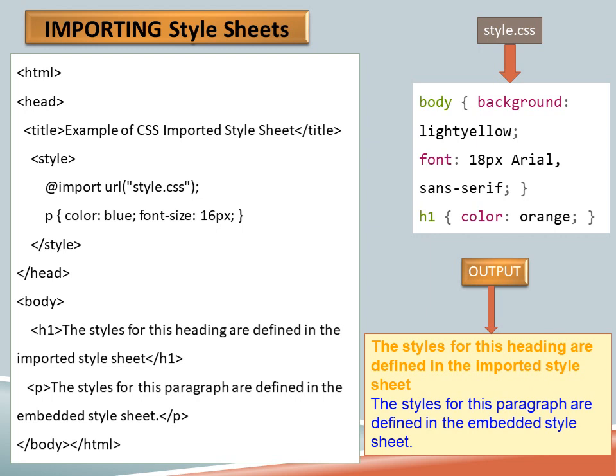Now look at the style.css file in which we have defined some properties for the body tag and the h1 tag. Here the default properties will be taken, but here we have already defined the properties for the paragraph tag. In the previous example, we had not set any properties for the paragraph tag, so it took the default settings, like the text color being black. Here we have defined the color as blue, so the color will be blue and the font size will be 16 pixels, but the font type will be Arial or sans serif, according to the browser.